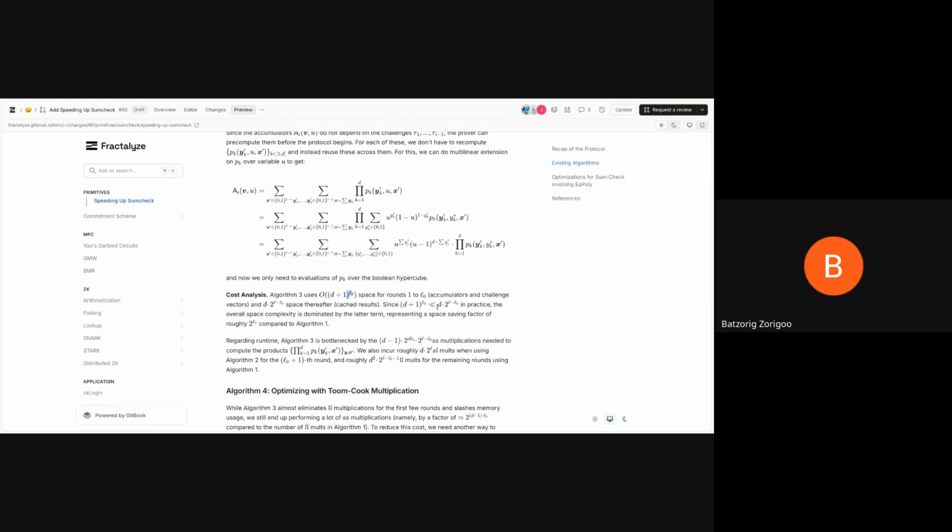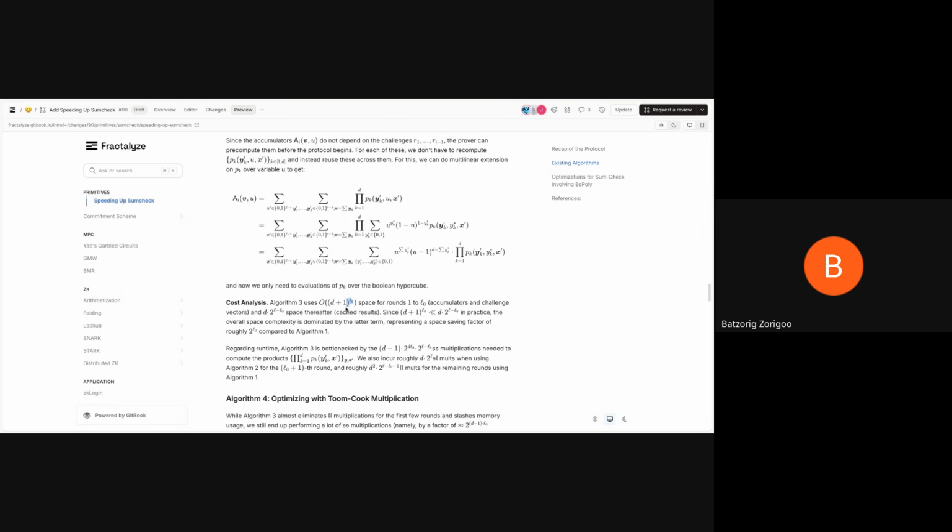And after L0 rounds, we will go back to algorithm 1. Then it means we will need that evaluation table again, so that will need this size. Typically, this is much smaller because d plus 1 is,